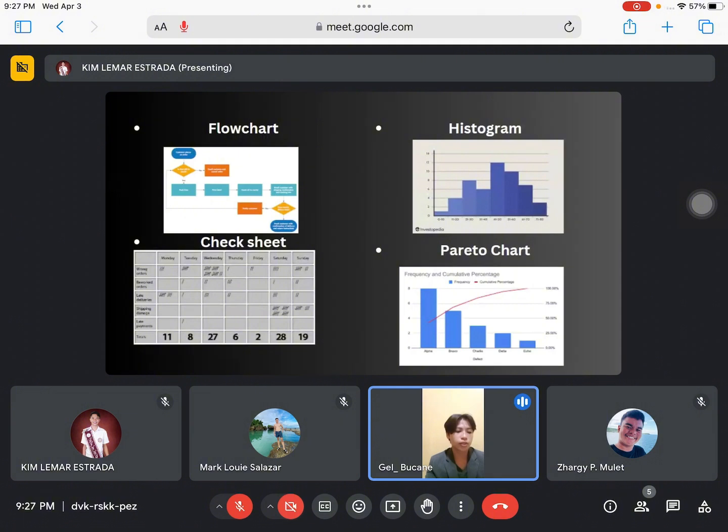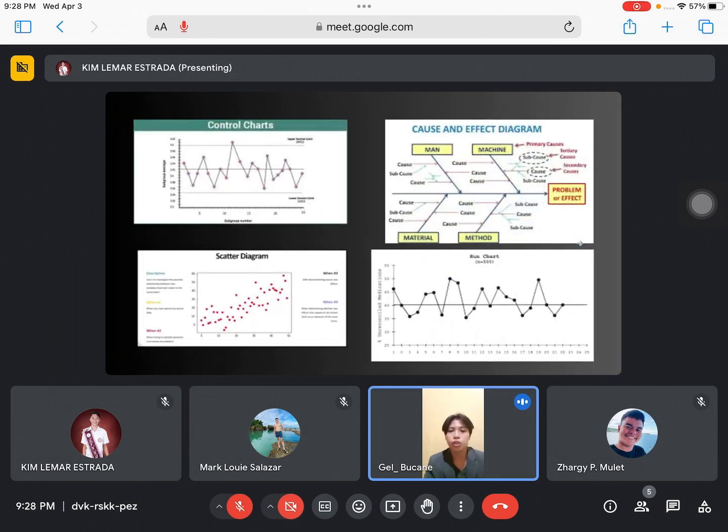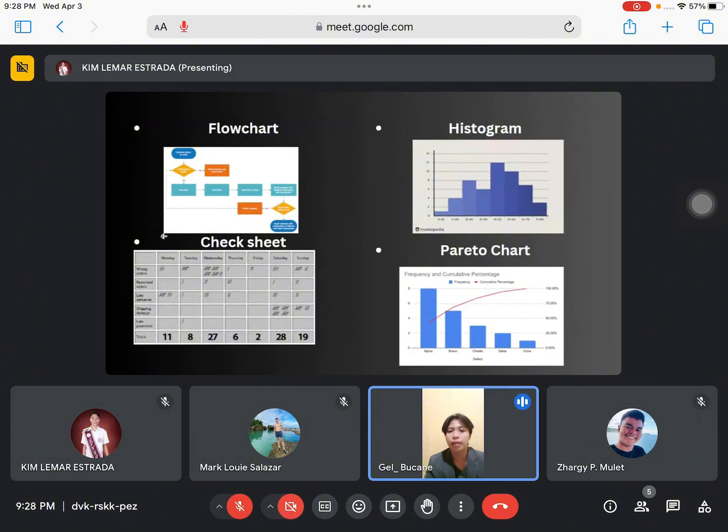Okay. And then next is Pareto chart. Pareto chart is a technique for focusing attention on the most important problem areas, and also a diagram that arranges categories from highest to lowest frequency of occurrence. Ito siya yung special na uri ng bar chart na ginagamit sa pagpapakita kung aling mga problema ang may pinakamalaking epekto, dahil bumabatay ito sa prinsipyo na 80% ng mga problema ay dulot ng 20% ng mga